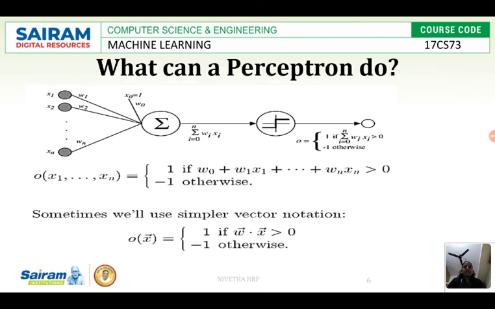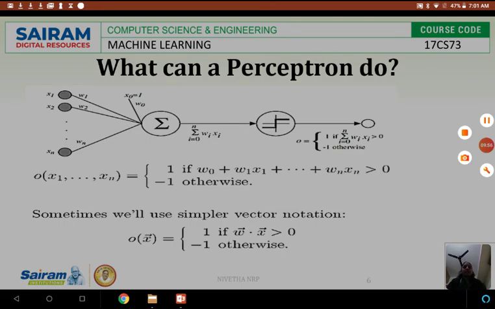See, how do we obtain the output? We obtain the output for x1 up to xn. Here they have given x1, x2 up to xn, and we apply a summation function followed by an activation function, and finally we obtain the output as either +1 or -1. We obtain +1 for data with a value greater than 0, and -1 for those with a negative value. That is why it has been represented in the formula. The first step will be your summation function followed by the activation function.